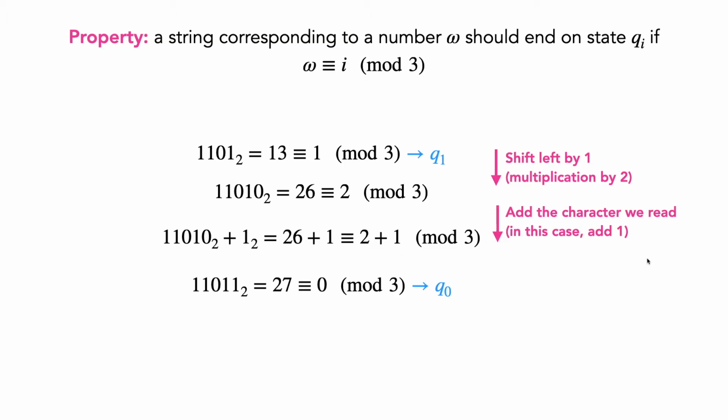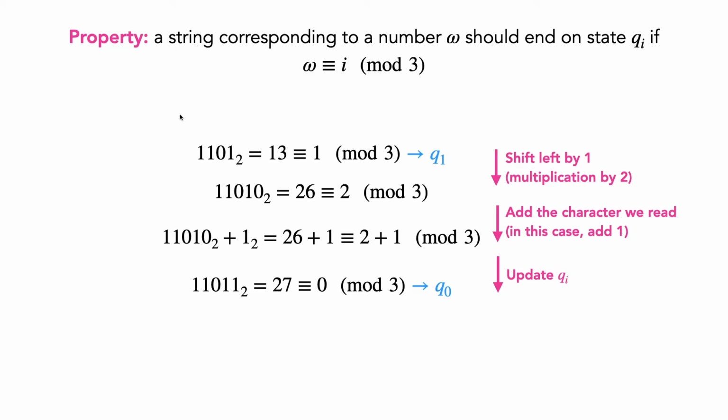So our second step is going to be adding the character that we read. So in this case, we add 1, which gives us 26 plus 1 and 11010 plus 1. And then when we actually evaluate this addition, we're going to get our final answer 11011 and 27. So hopefully this makes sense as to how we're dealing with this binary string and our actual value of the binary number. But what's really big-brained about this is that we can just take exactly the same operations that we did